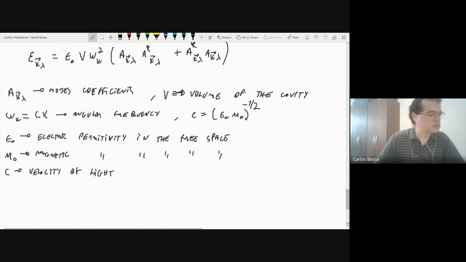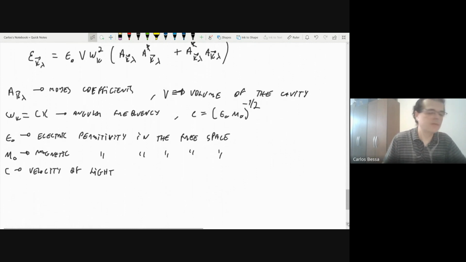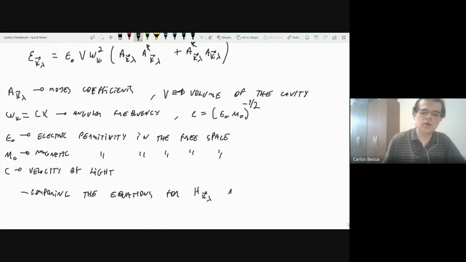So comparing the equations for H, k lambda, and E lambda,